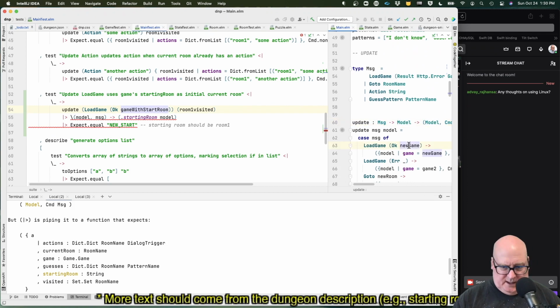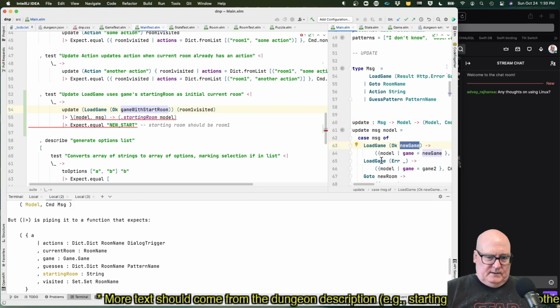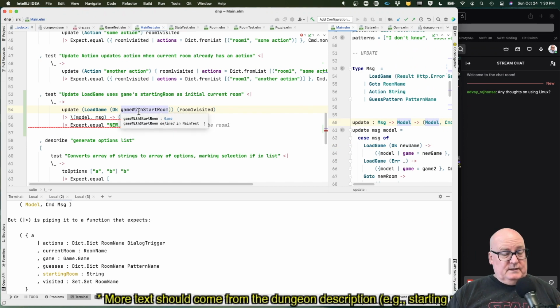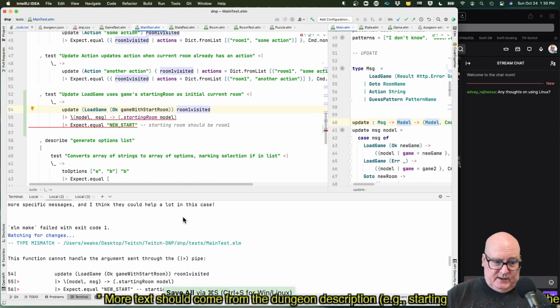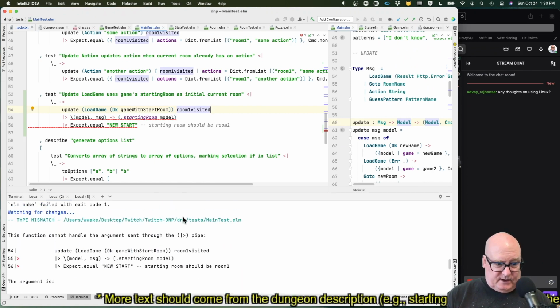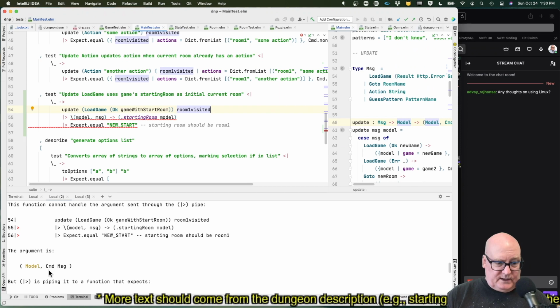Okay. New game. And we're saying model equals to new game. And then we also pass in room 1 visited, which is a model. So if your current room is room 1, and you say update this, then we expect that back. I'm going to take more parentheses out. I think I was too conservative. Now there's something still going on, and this is me not knowing how to pull out those arguments. Okay, the argument is model and command message.